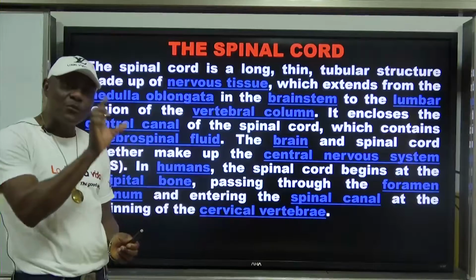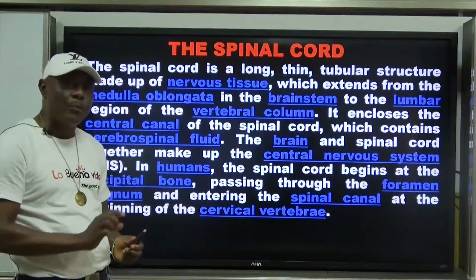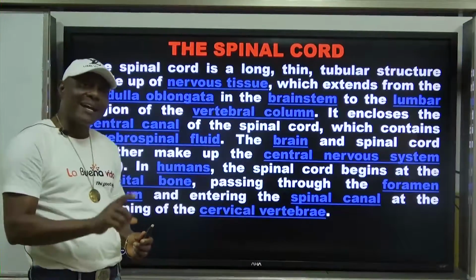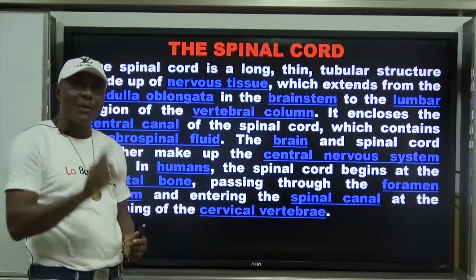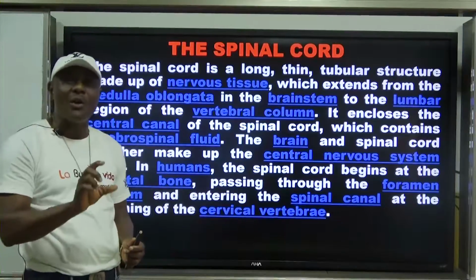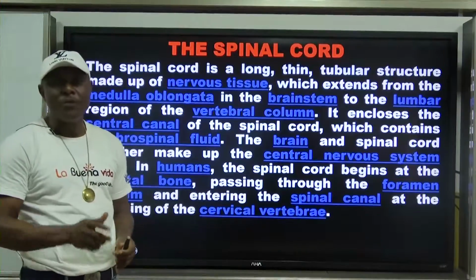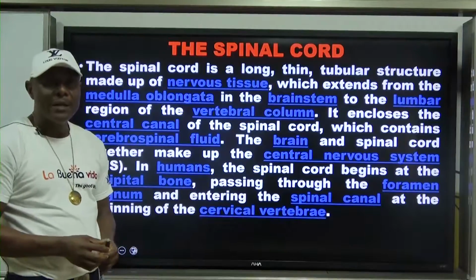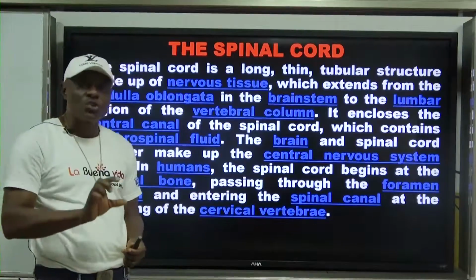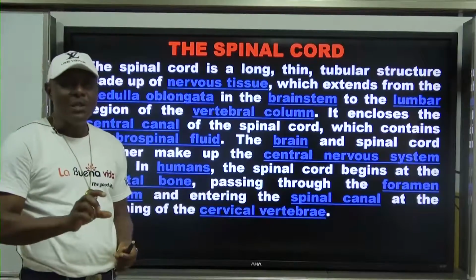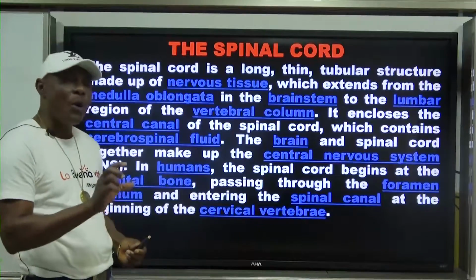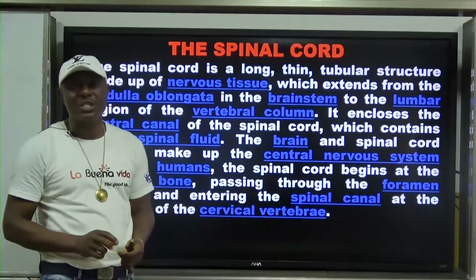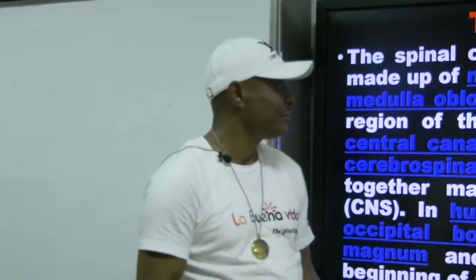But there is a soft matter that runs through the backbone, running through the cervical vertebrae, running through the thoracic, running through the lumbar to the caudal and to the sacrum of the vertebrate column. Now that small cylindrical structure is in line with the brain to form what we call the central nervous system. That small cylindrical structure is what we refer to as the spinal cord.